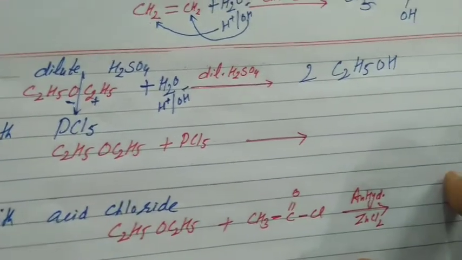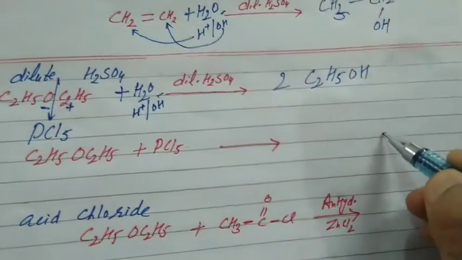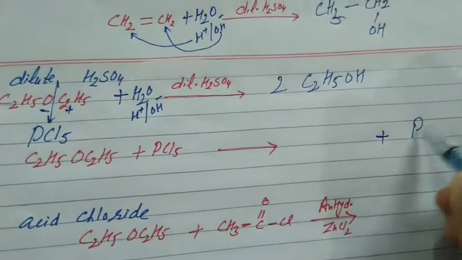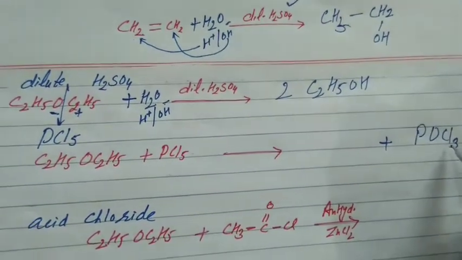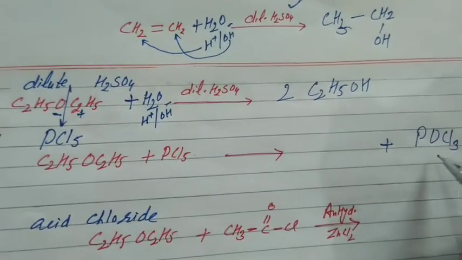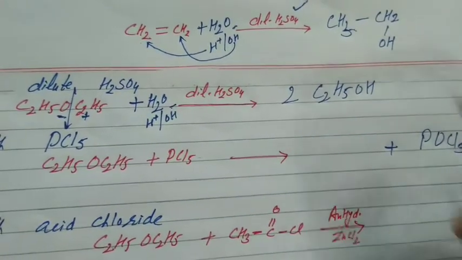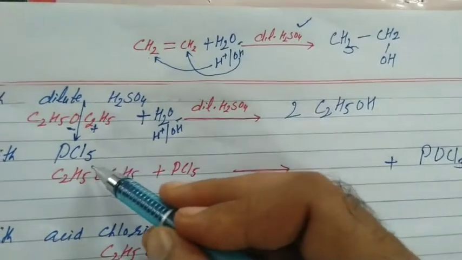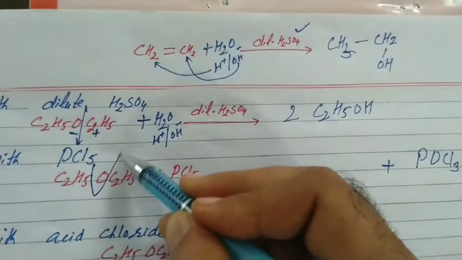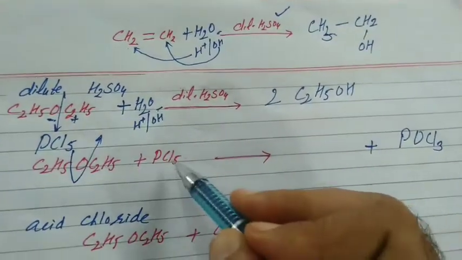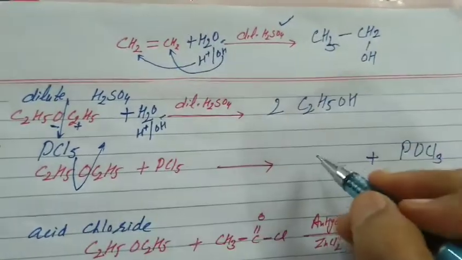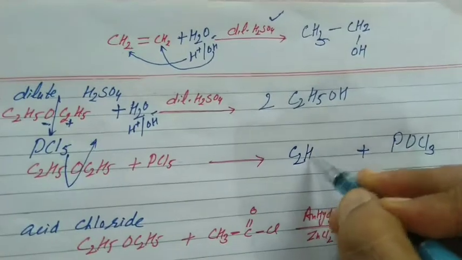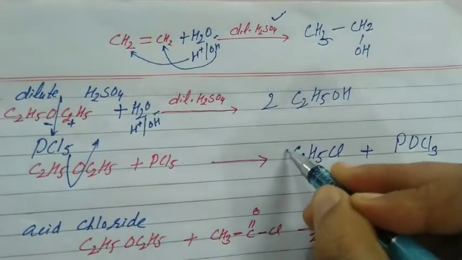Next reaction with PCl5. Upon treating ether with PCl5, what will happen, students? POCl3 eliminates, phosphorus oxychloride, sp3 hybrid, tetrahedral shape. POCl3 eliminates. It is clear. POCl3 eliminates means oxygen escapes. There is breakage from both ends. How many halogens are left? There are total 5. 3 eliminate, 2 are left. Both get linked with alkyl groups. We got twice of haloalkane.